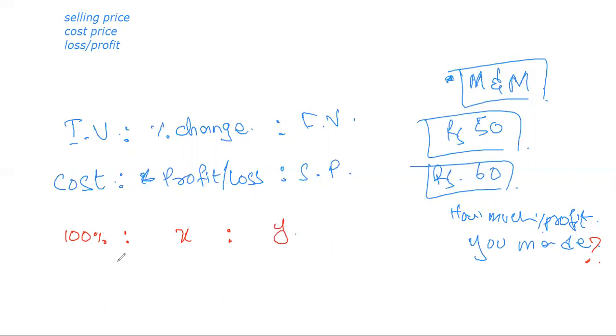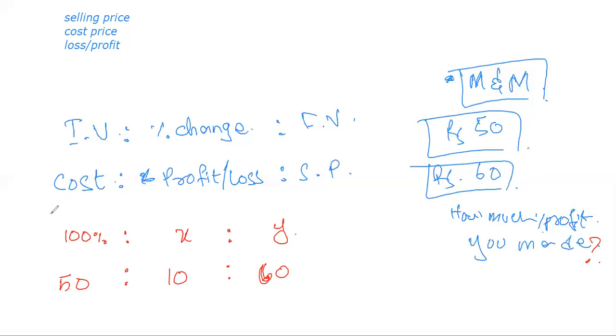Okay, now let's talk about the values, the quantities. Do I know what is my cost? Yes, I know it is 50 rupees. Okay. Do I know what is my profit? Actually, I know this, but we'll come to it later. Do I know what is my selling price? Yes, I know my selling price. It is 60. Actually, मेरा profit कितना हुआ? I have bought a good at 50. I sold it at 60. So 10 rupees is my profit. सही है?